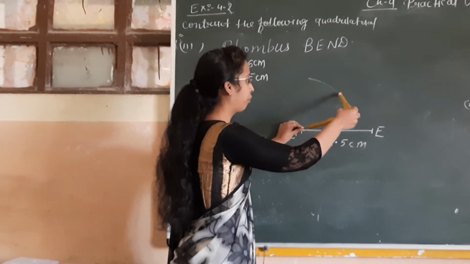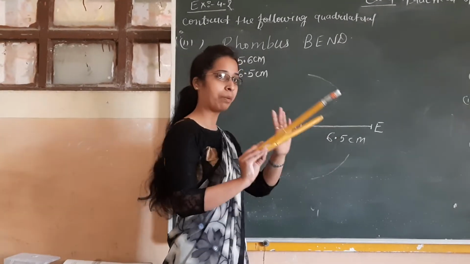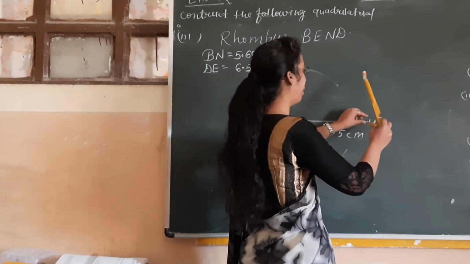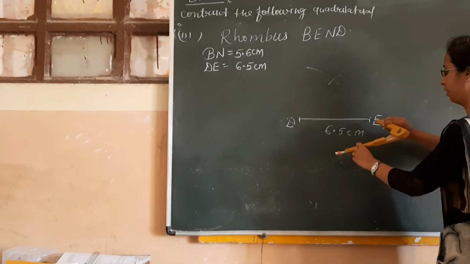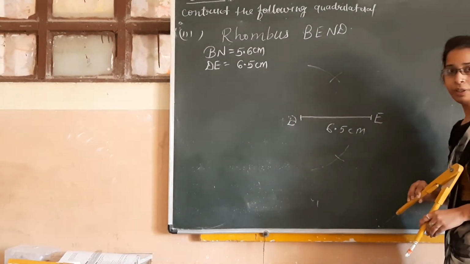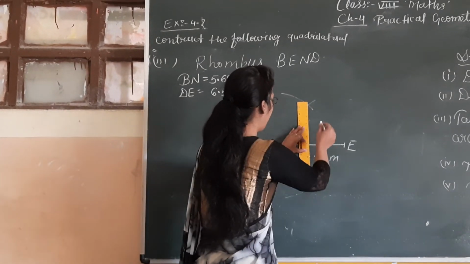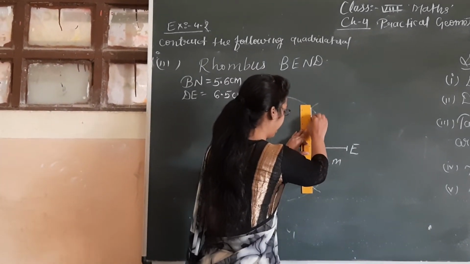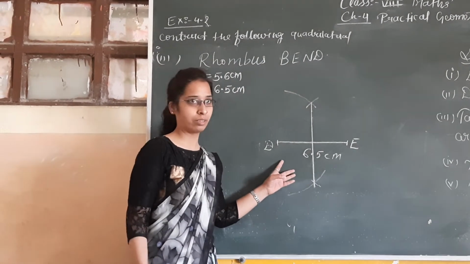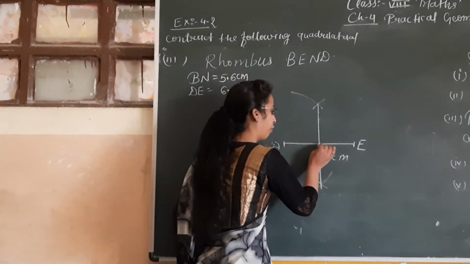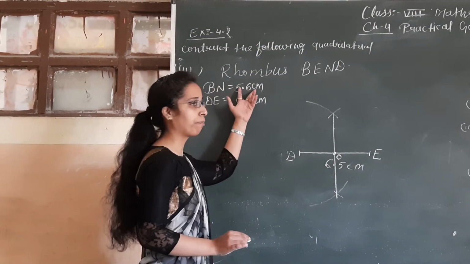Okay. Cut an arc from here and this is also, this measurement is also taken and cut an arc from point E. Okay. We can see. Now this is the perpendicular on line segment DE. You can see these are making a 90 degree angle. This line is divided into two equal parts, and we give this point the name O. Is it clear?